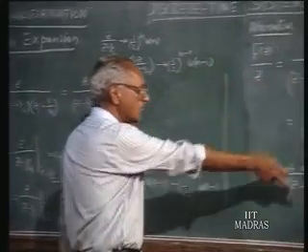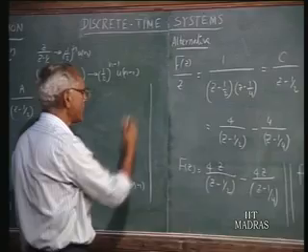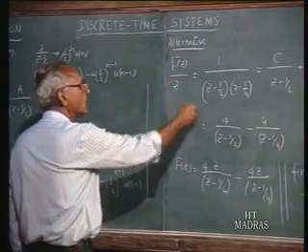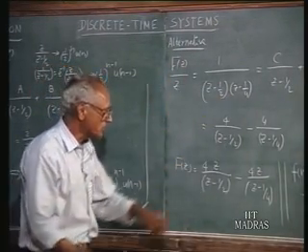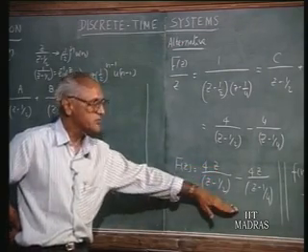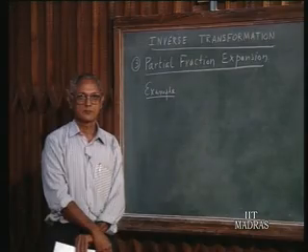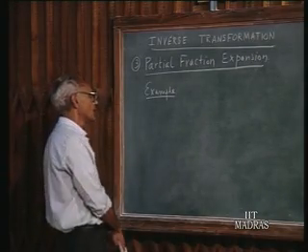And this is a method which recommends itself most often: whenever we are given F(z), we divide by z right through and make the partial fraction expansion, so that we have a z term in the numerator, and a z term in the numerator associated with first order terms is very convenient to handle. Let us take another example. As a second example,